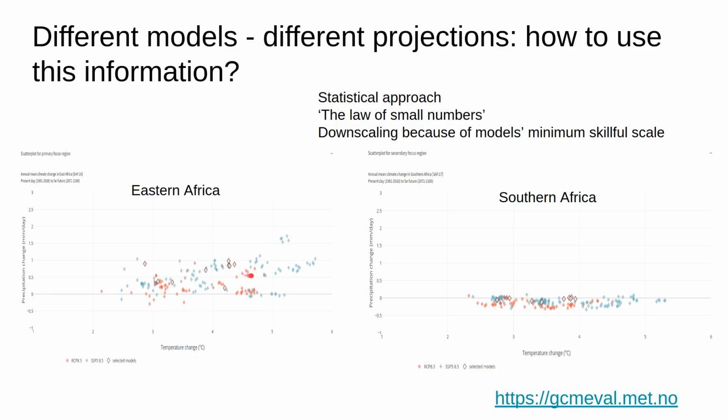And if we have too small a number of projections on a local scale, then our results are likely to be misleading due to the law of small numbers, because you might end up picking somewhere around here and miss the whole range here. And also we want to use downscaling because we want to latch on to the model's minimum skillful scale, like the large scale features, what they are skillfully able to reproduce, and also the dependency on those down to the local scale in order to infer what is happening on a local scale as well. And these results are from the GCM